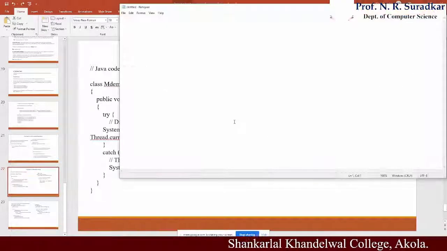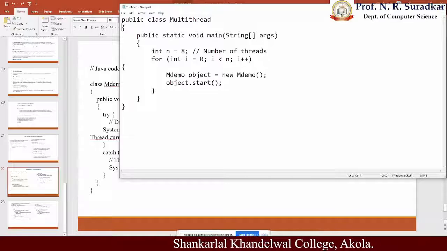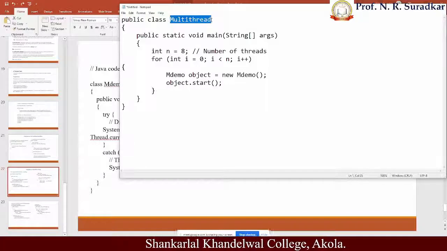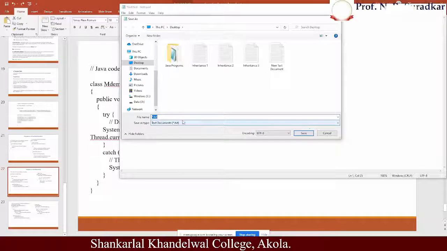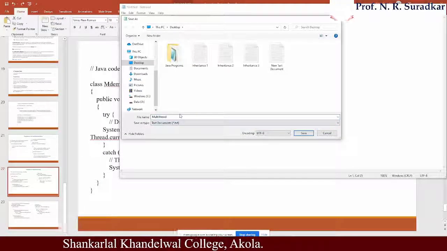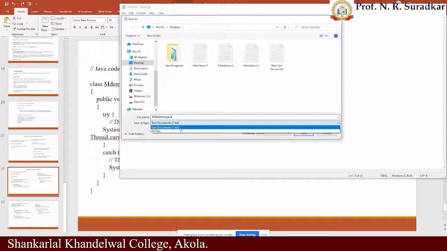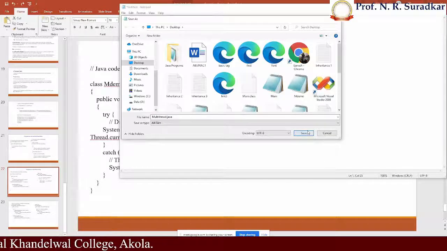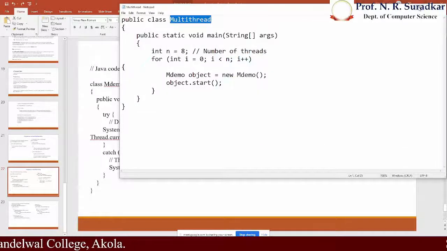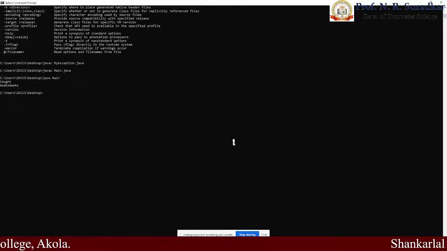Control C. Again go to Notepad. Name it MultiThread.java. Select the option All Files. Save button. Okay, so this procedure applies to each program or class.